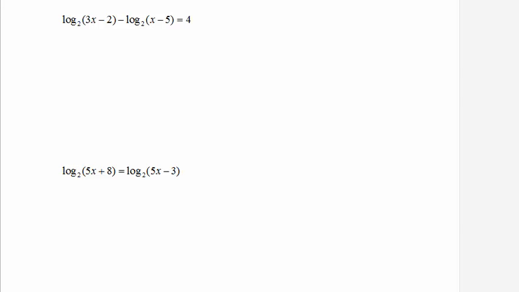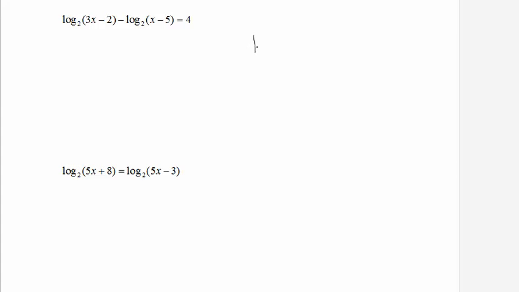Okay, so here we have two log equations to solve, and the methods we'll use for each of these is different. For the first one, you'll notice you have two log expressions on the left and none on the right. What you need to do here is, if you can, simplify it, like we do with pretty much anything. And I know a property for logs that allows me to simplify this, and the property looks something